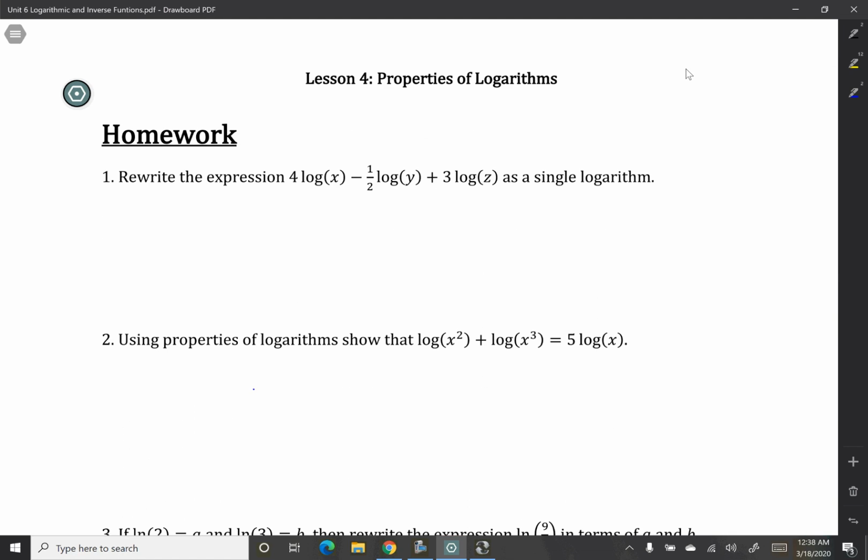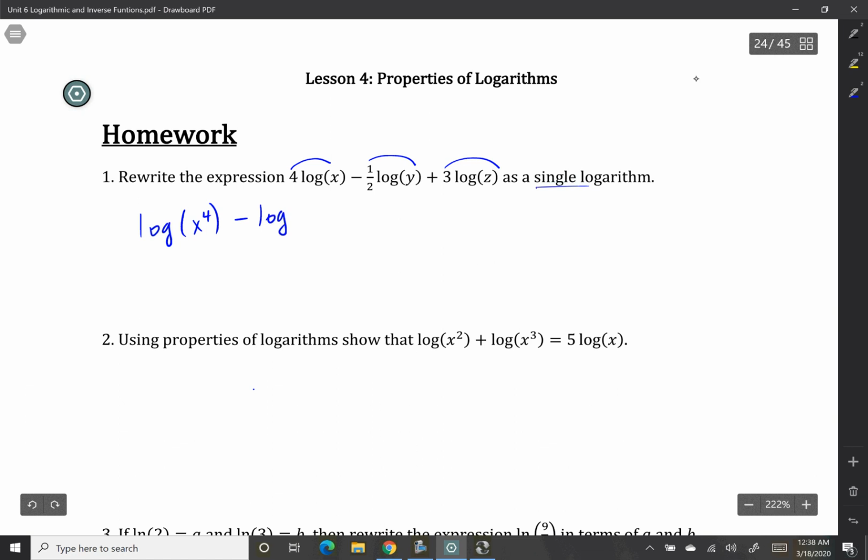Number 1 asks us to rewrite this separated group of logarithms as a single logarithm. One of the things we went over is whenever something has a coefficient, we could remake that coefficient back into an exponent. So the first step would be to rewrite each of these common logs with their exponent instead of a coefficient. I'll rewrite the first one as log of x to the 4th minus log of y to the 1/2